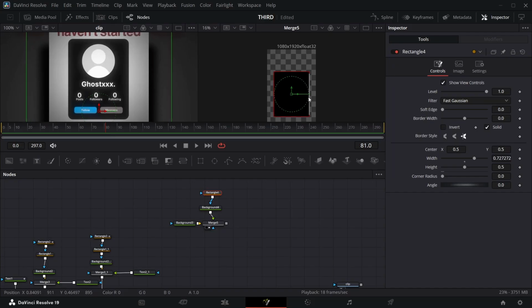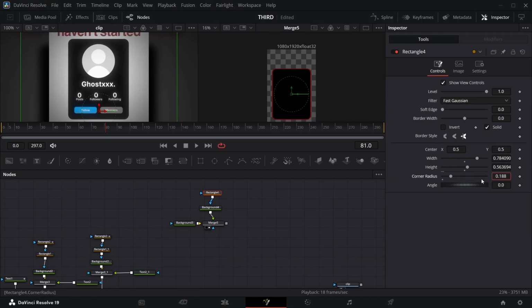We can increase it like that, take it all the way up. Yes, and make sure you have some rounding edge by increasing your corner radius. So after that, we are going to